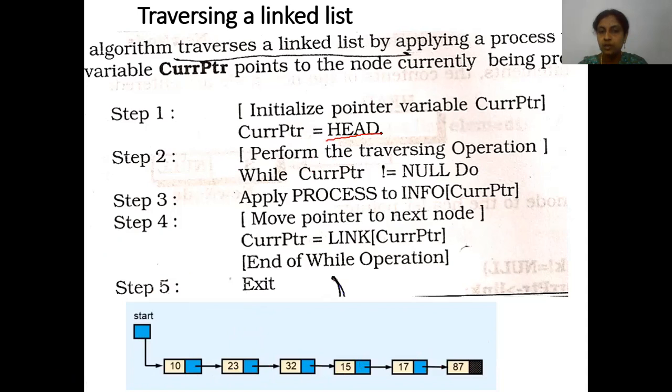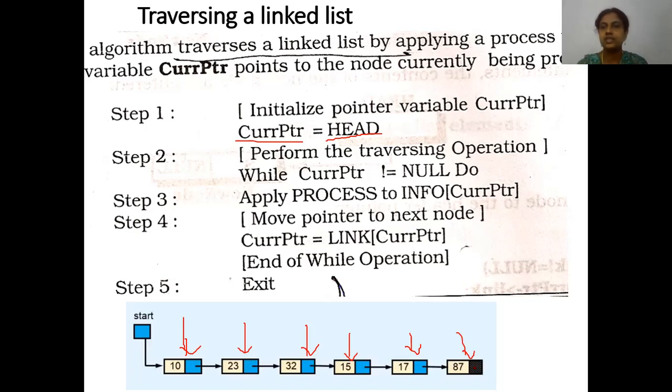Okay, so the basic idea behind this algorithm is, first you need to set the value stored in head to current pointer. That means the first location address will be stored in current pointer. First it will check whether this address is null. It is not null, so it will visit this node and check whether the address is null. No. Come here, check the address is null. No. Come here, check. No. Visit the next node and check whether the address is null. Yes.